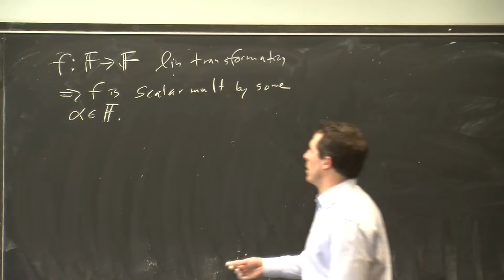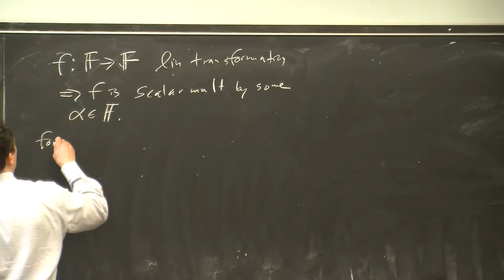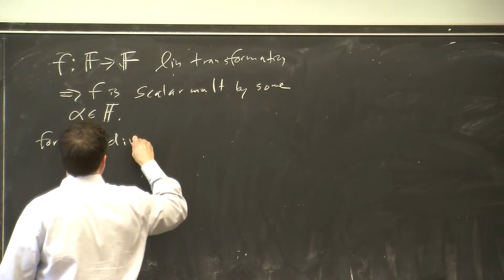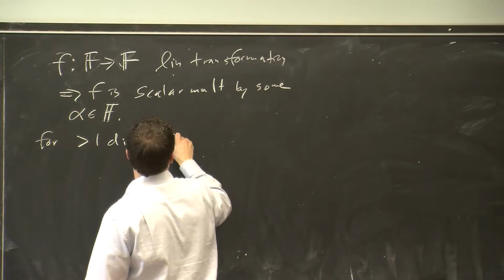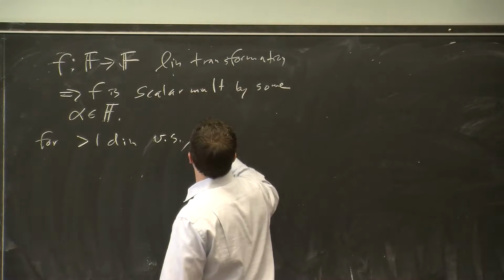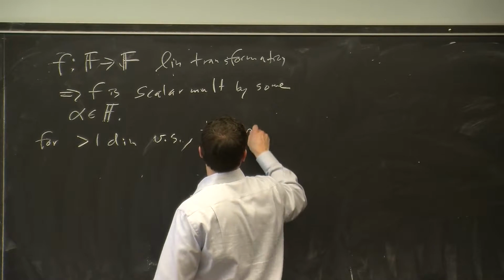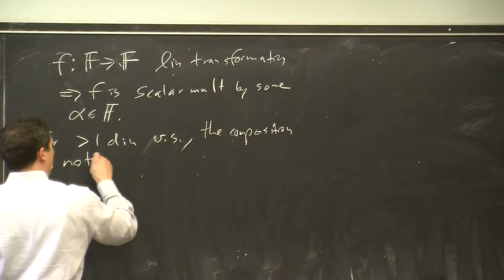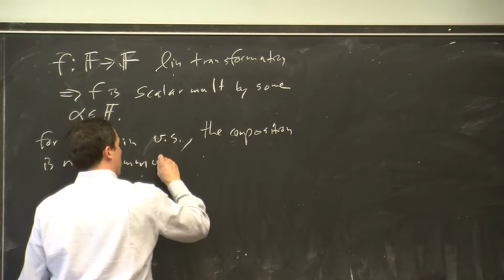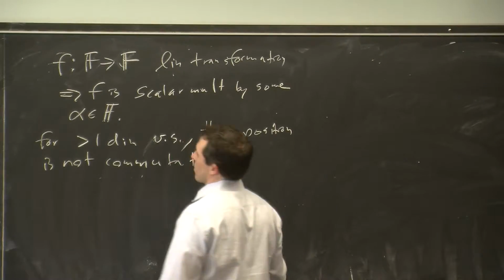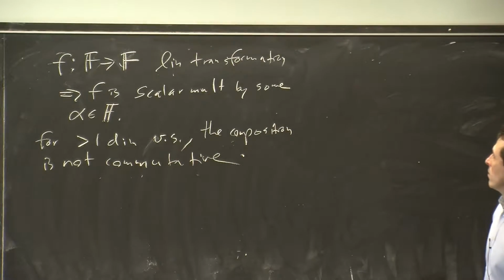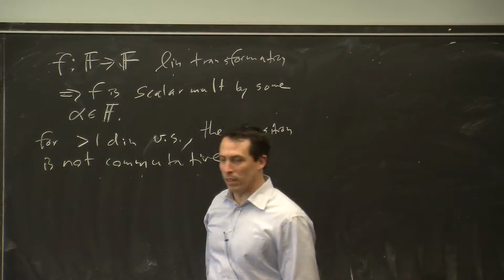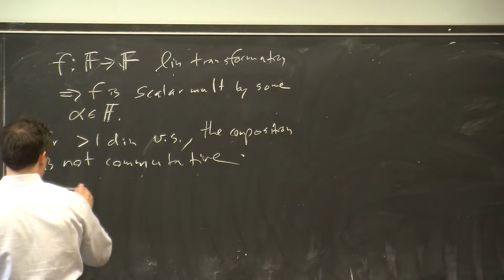The difference is that for greater than one-dimensional vector spaces, the composition is not commutative. So in some sense, that's totally obvious, because in this case, this was a map from a vector space to itself, but in general, I can have this kind of situation